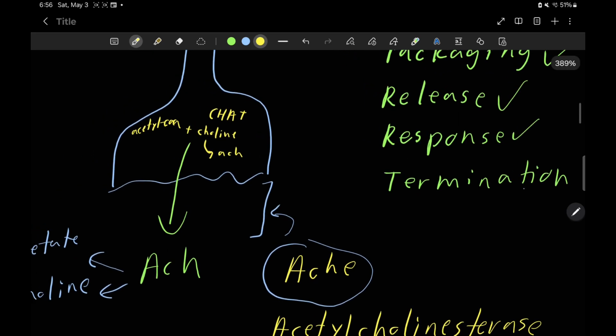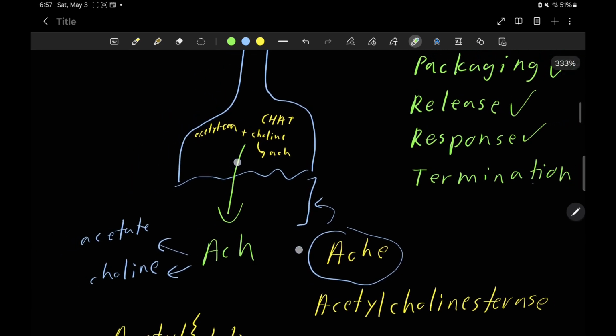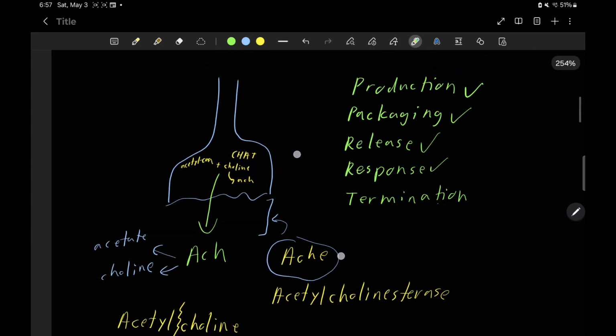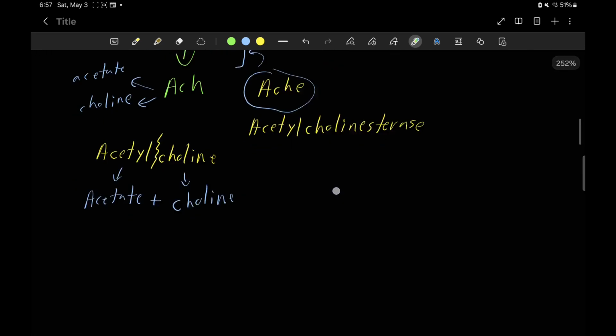Remember, acetyl-CoA, we know that comes from your mitochondria, but where does choline come from? Well, actually, the choline that we've just produced here in your synapse can get reuptaken into your neurons via a transporter. So it's like a cycle. Let's redraw it out to make it nice and clear. So you have your neuron,